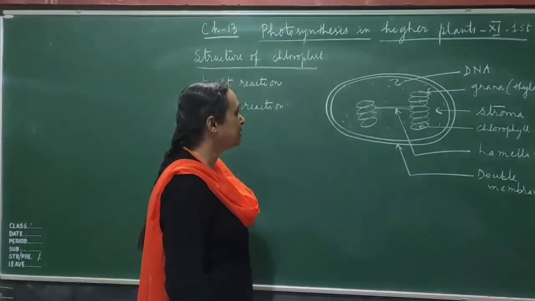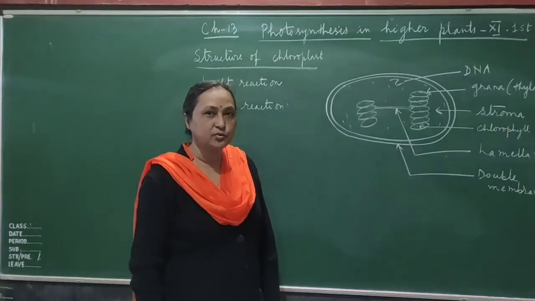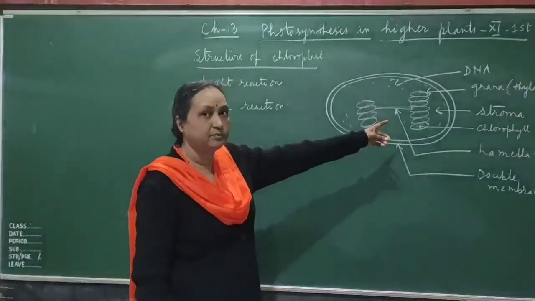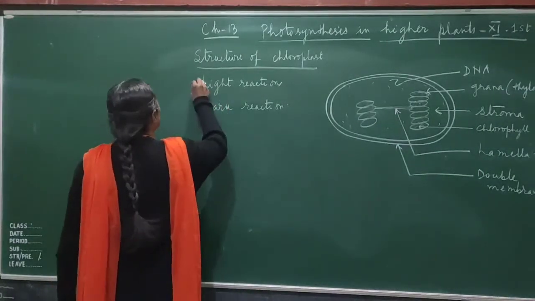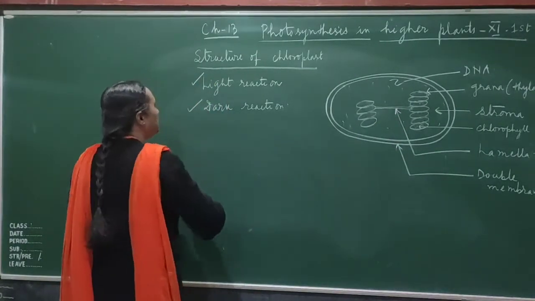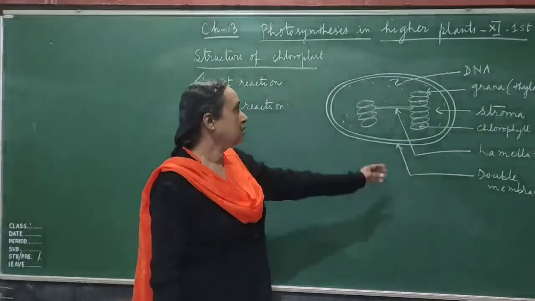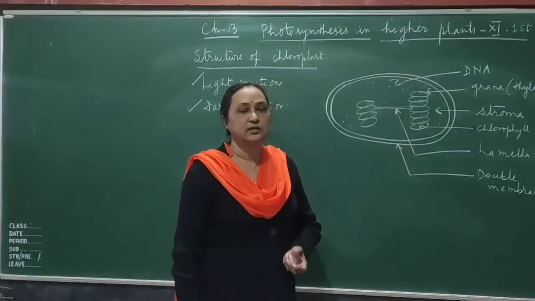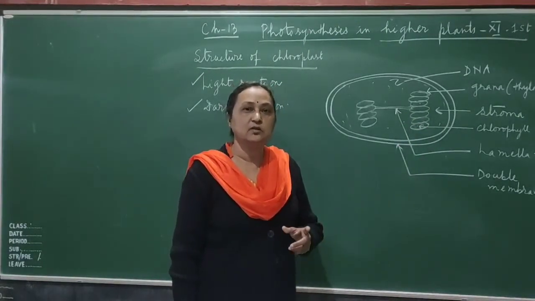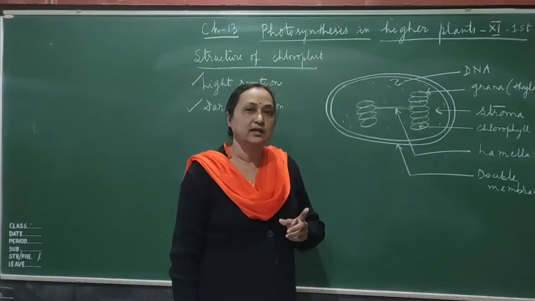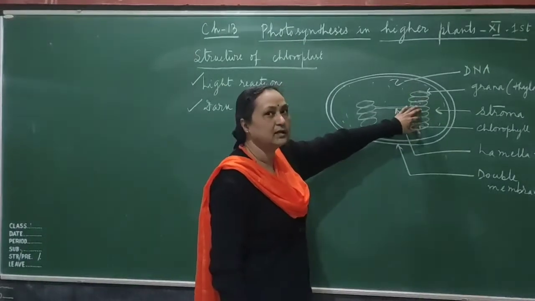And inside the chloroplast, as I told you, the chloroplast helps in the preparation of food, because of the chlorophyll pigment present inside it. So there are two processes: one is called the light reaction, another is called the dark reaction. So in the light reaction, what is happening? The chlorophyll pigments absorb solar energy, and they convert the solar energy into chemical energy in the form of ATP and NADPH. Okay, so all this is happening here in the grana.